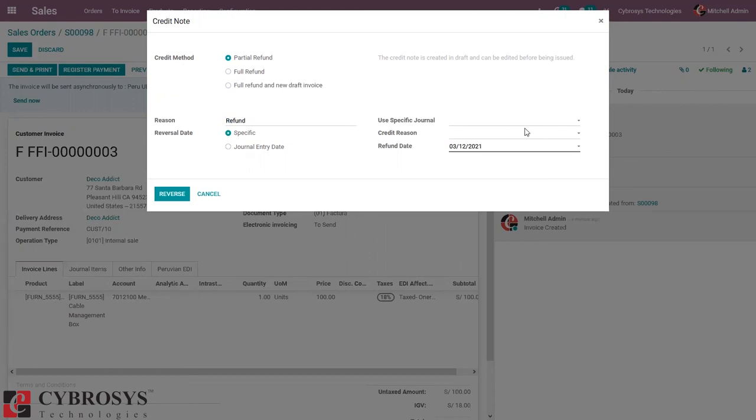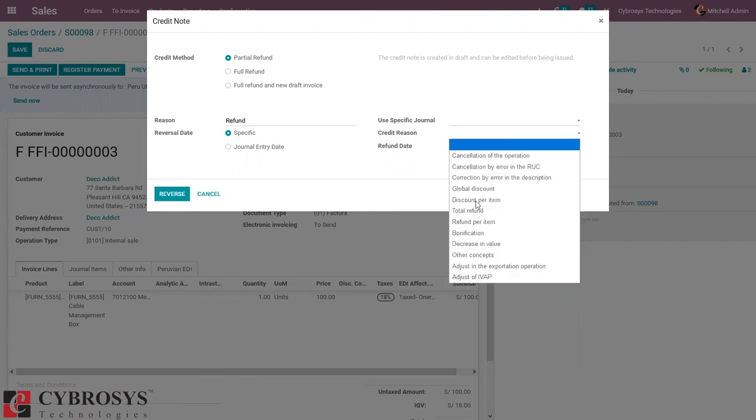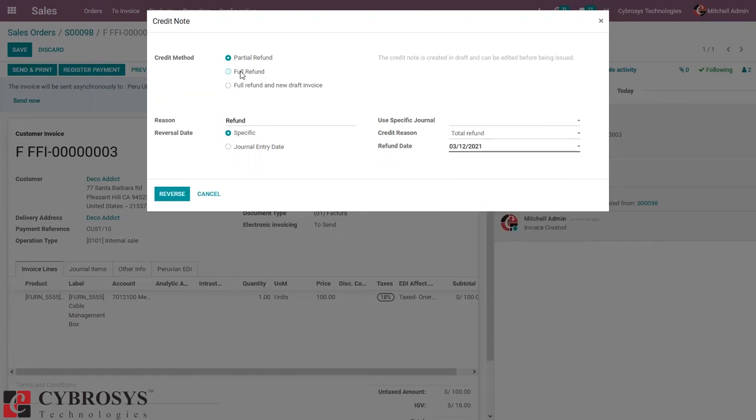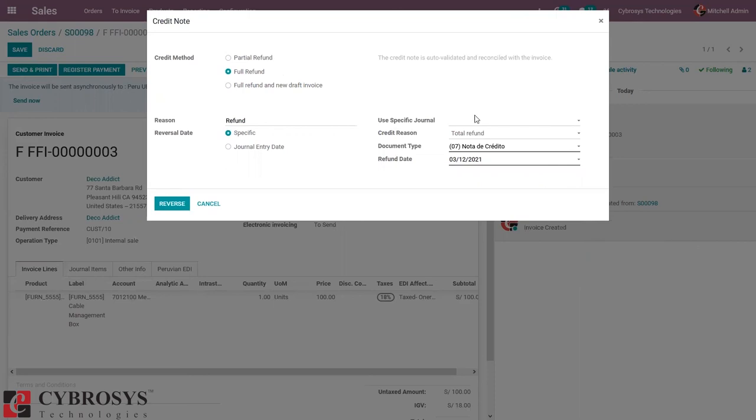But along with the reason, you have to provide the credit reason. So this field is a part of Peruvian localization in order to prove the credit reason. So you have to select one of the options from the available ones. Okay, I'm selecting full refund and credit reason set as total refund.